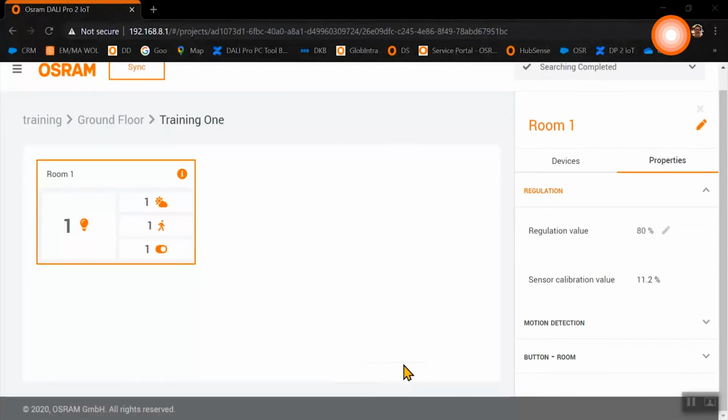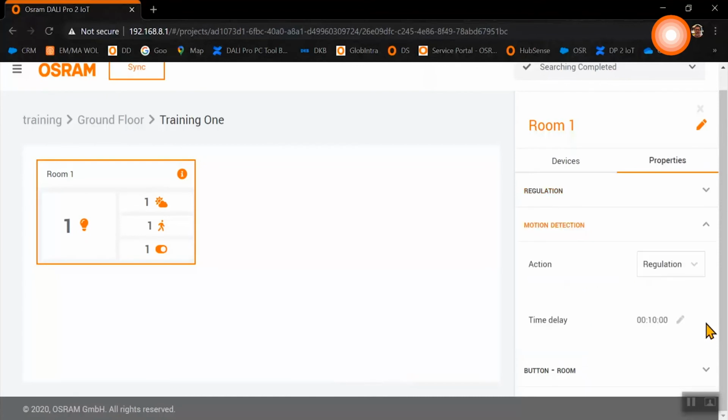For our motion sensor, we need to select now the action of the sensor. Do we want to start with our motion detection, the light regulation? Or do we say, go to level, and we set up the respective level?